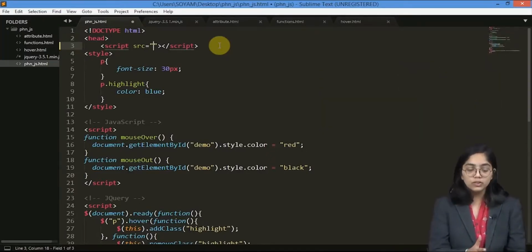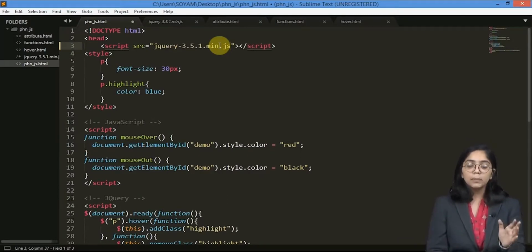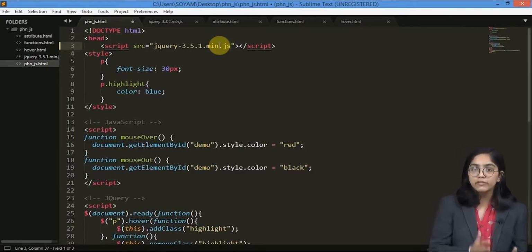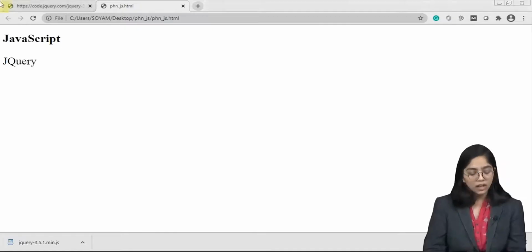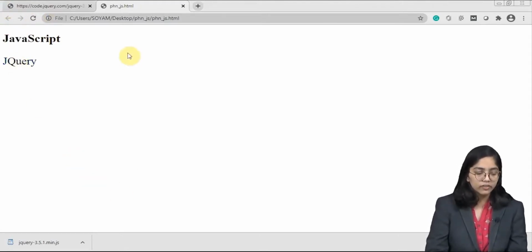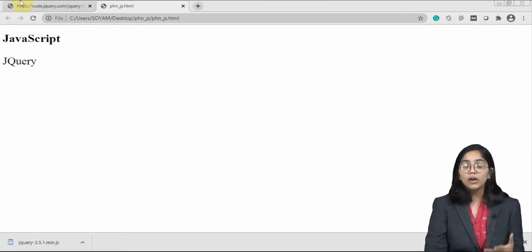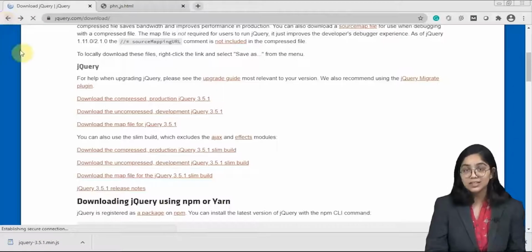Now the source would be directed to the file location. Since I have opened my website folder in my editor itself, I am going to directly enter the particular file name. Why? Because I haven't put it in some particular folder, so it is going to find it automatically. I've saved it, and now let's refresh it, and now it's working. That's how important adding the jQuery library is.